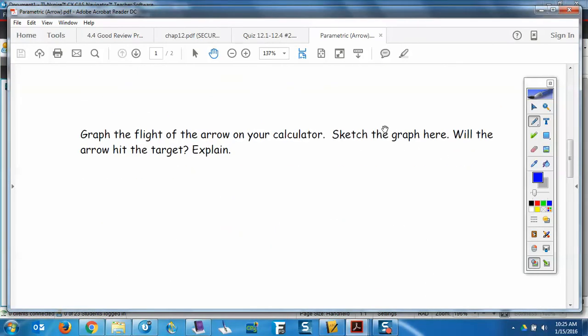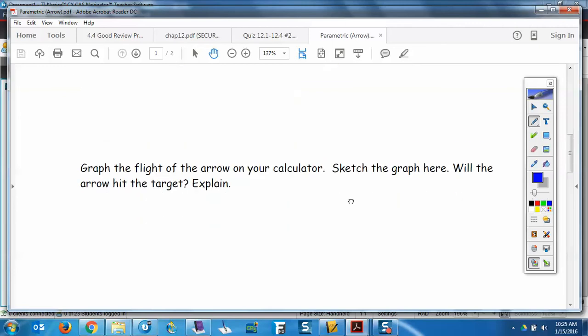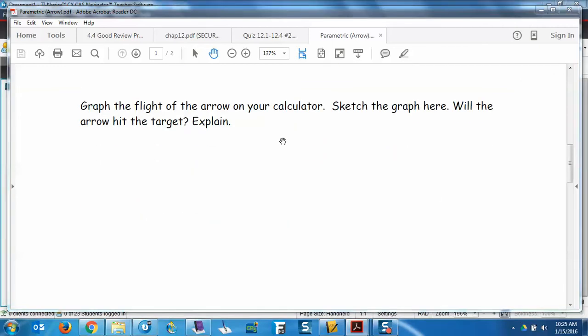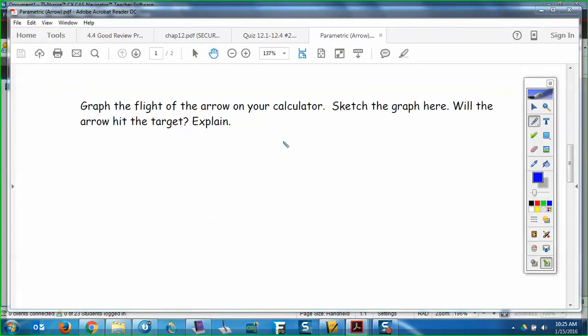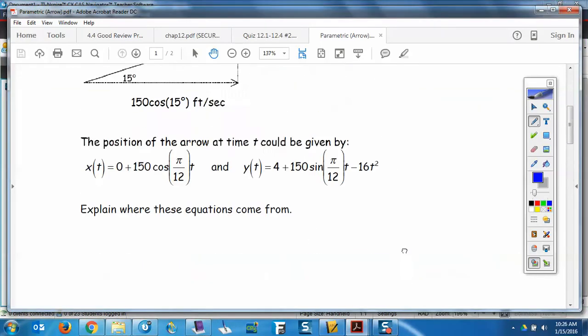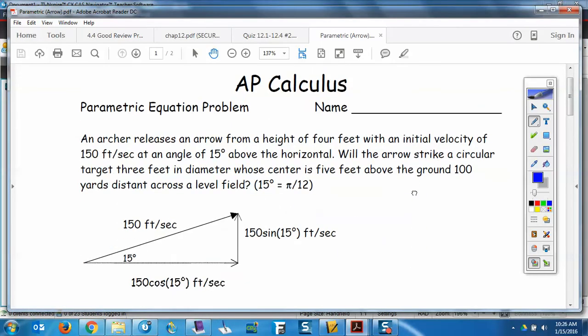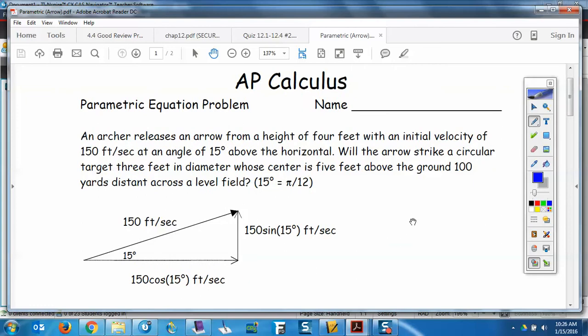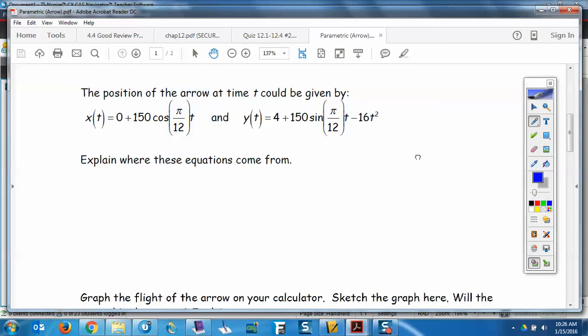Okay, graph it, sketch the graph. Will it hit the target? Well, will it hit the target? Let's talk about that. The target's what, 3 feet high? What did it say? 5 feet high. And what was the 3? Is there no 3? That was the diameter of the target, right? So that means what? When the arrow gets there,